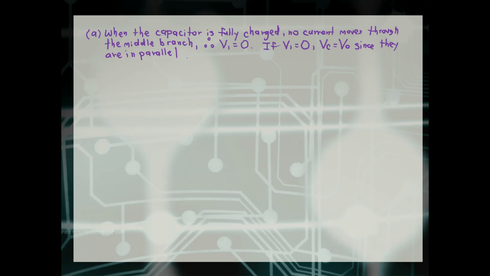Now we can figure out an equation for the maximum charge. My capacitor equation for voltage is delta V equals Q over C, and we're going to manipulate that for Q. So Q is equal to C times delta V, and your maximum charge would be the capacitance multiplied by the voltage across the capacitor, VC. And the voltage across the capacitor, when it's fully charged, is equal to the voltage across the battery. So Q max would be equal to